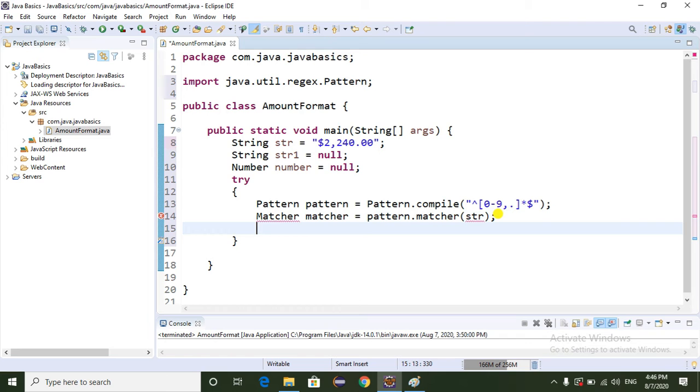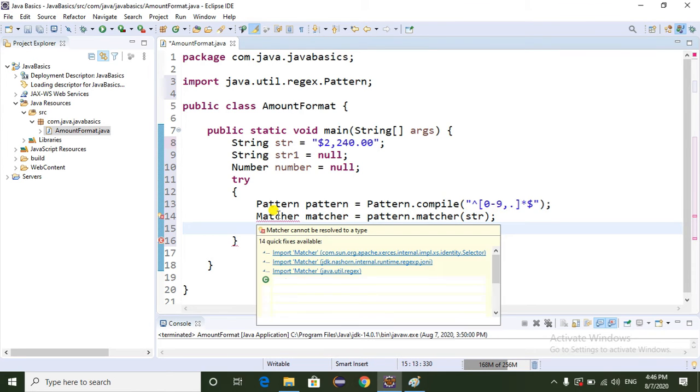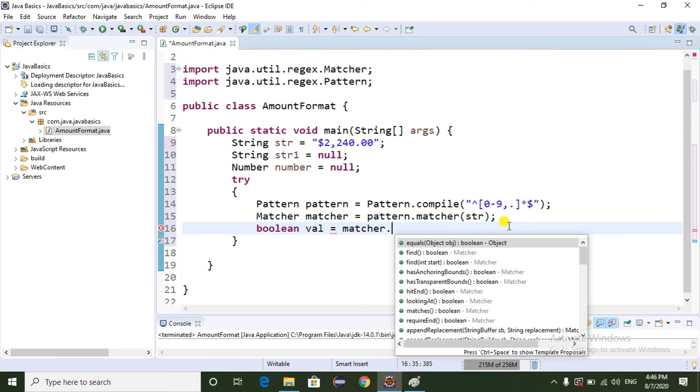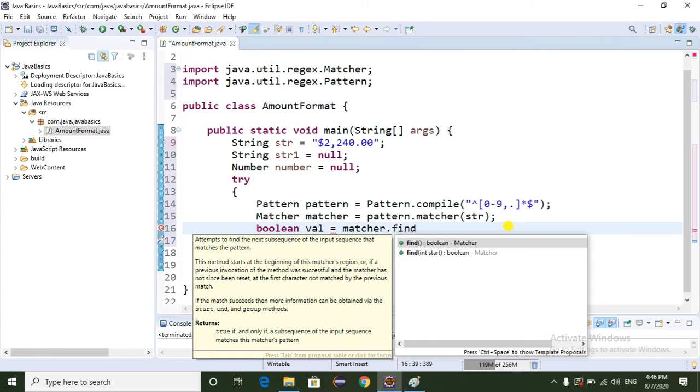Here we have to import the regular expression package. Here I am going to take one boolean variable, boolean value equal to chat.find.